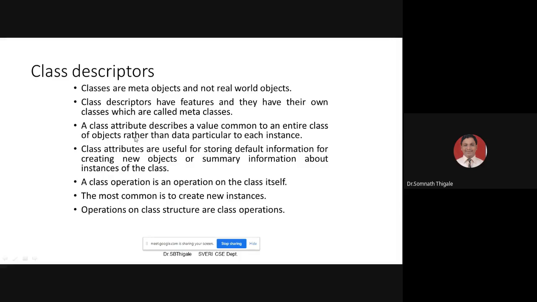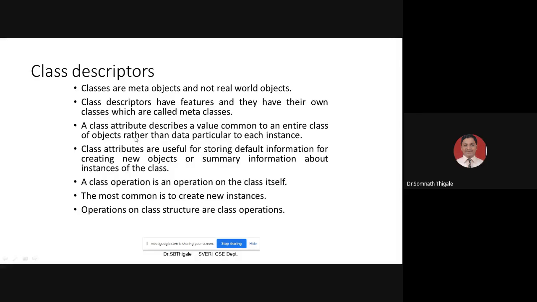The second part is attributes. An attribute describes a value which is common to an entire class of objects rather than data particular to each instance. So class attributes are useful for storing default information, for creating new objects, or maybe for summary information about that particular instance of the class.